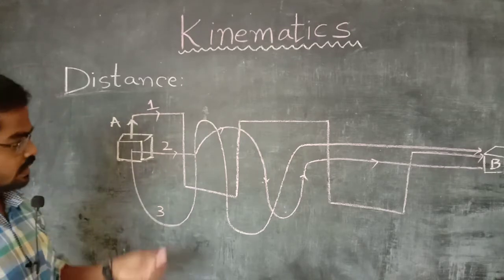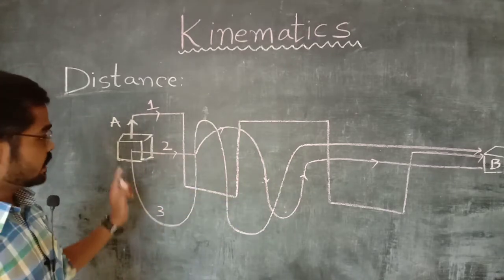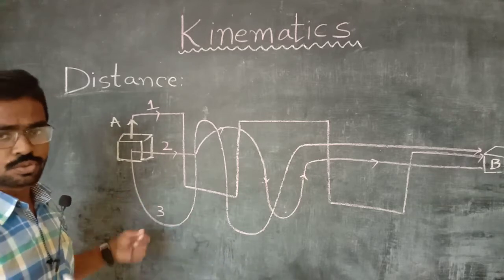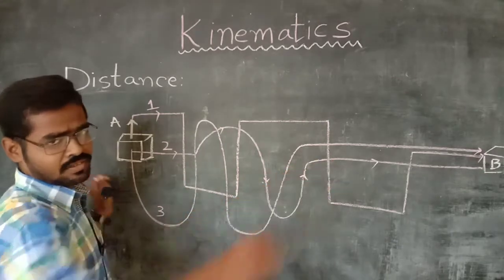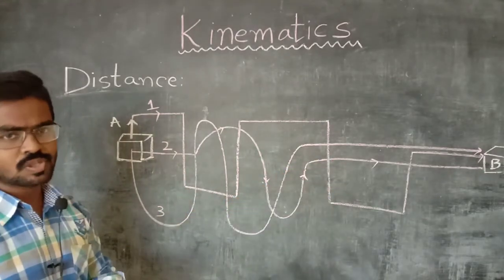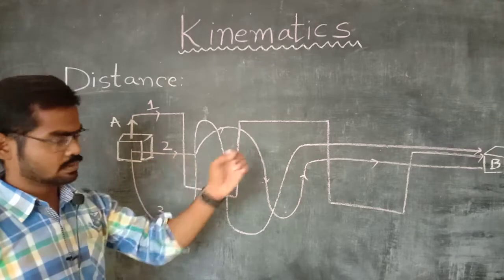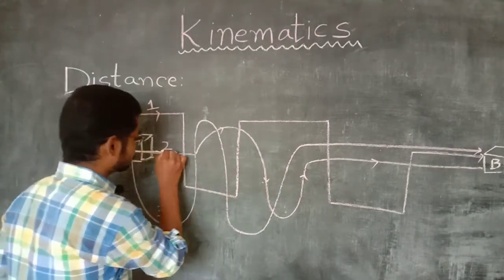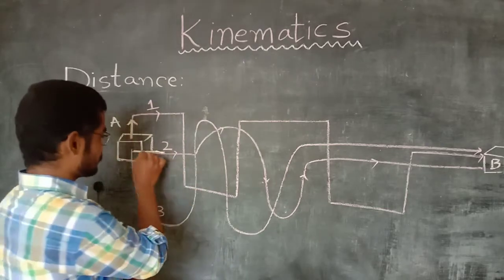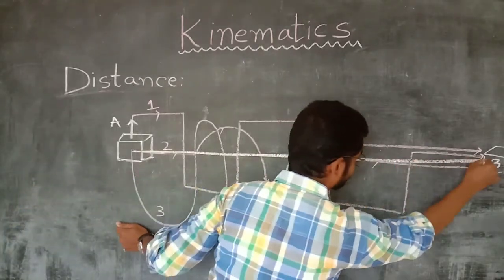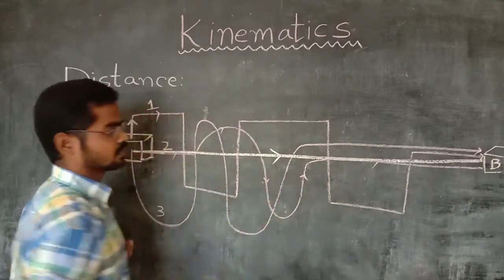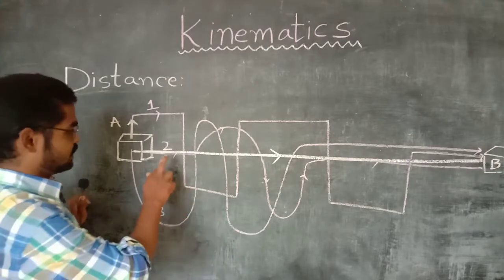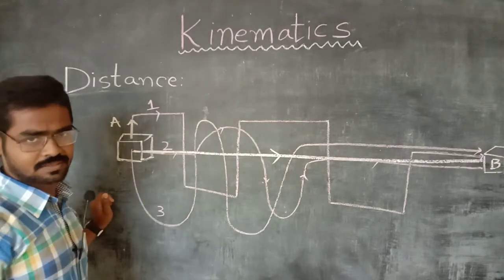Now, is there any shortcut so that I can reach from A to B? Yes, there is a shortcut, and it is very simple. You just join a straight line from A to B. The simple shortcut to reach from any point to another point is to join it using a straight line. So if I join these two stations by this straight line, this is the shortcut. Of all the above paths, this straight line is the shortcut.